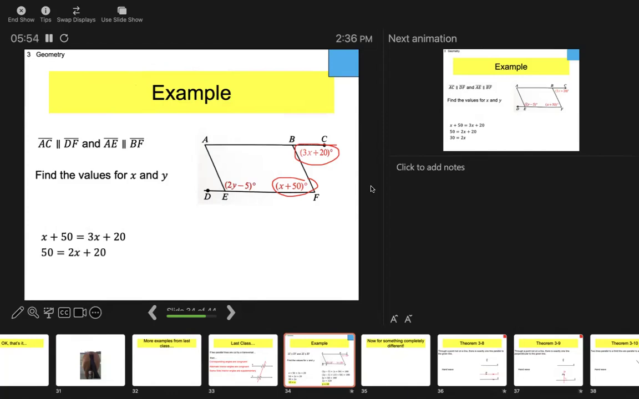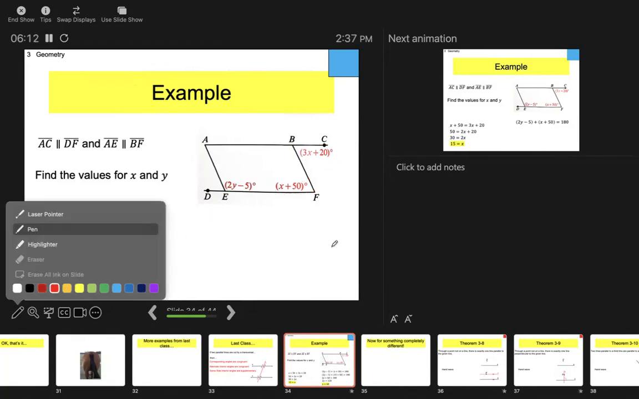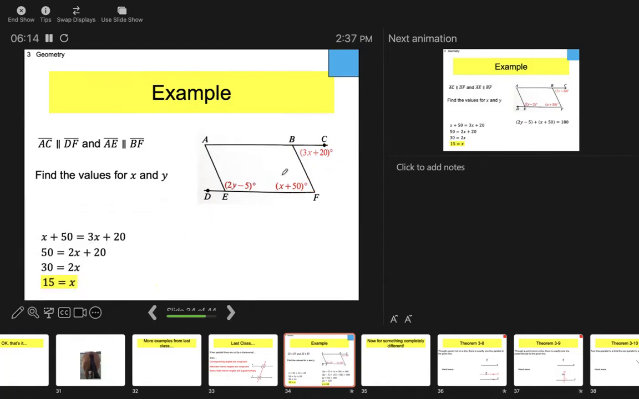So we solve for x, move the x's to one side, move the 20 to the other side, or subtract 20 from both sides, divide by 2, and we get x is equal to 15. Okay, cool. If x is equal to 15, then I can plug in a 15 for this right here, which means that angle is 65. And these two angles in relationship to the left and the right side, that's AE and BF,